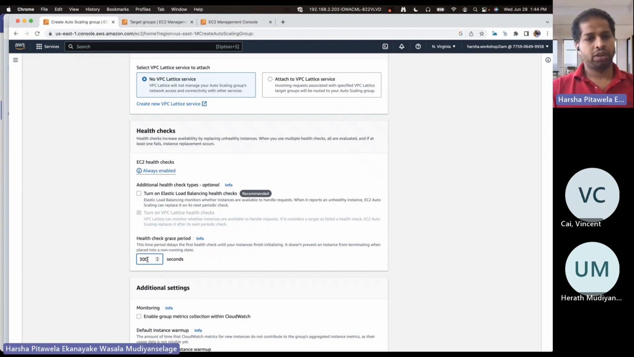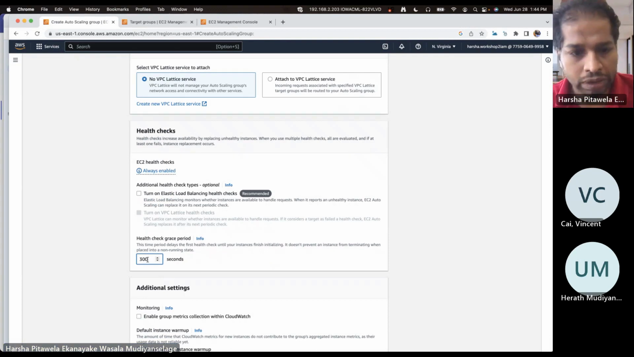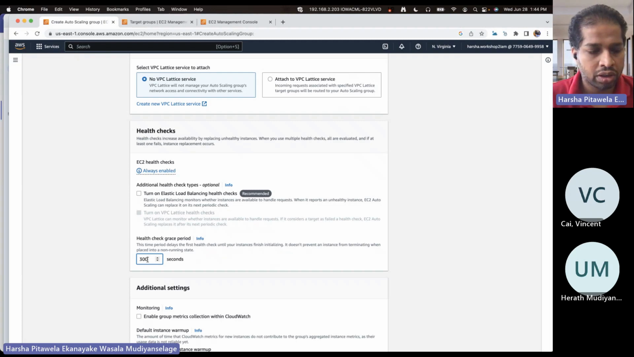So the health check grace period means, sometimes when you spin up an instance, if it needs to run some long scripts before it starts up, you will have to